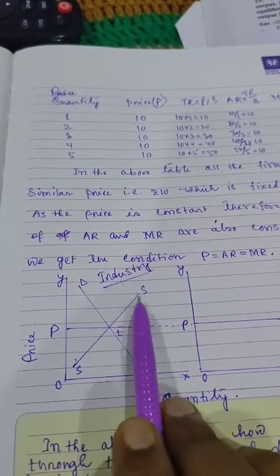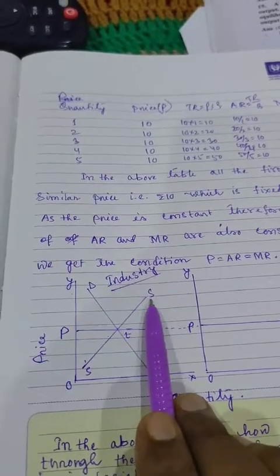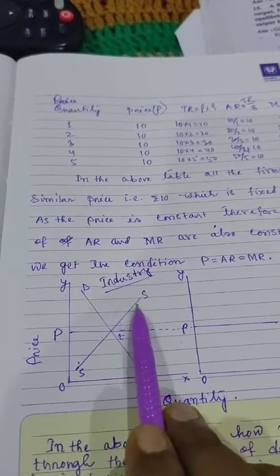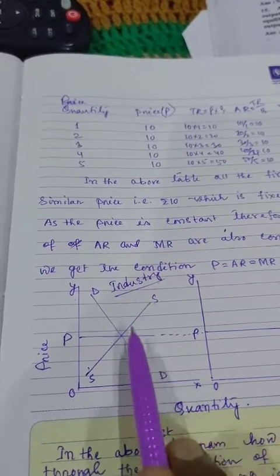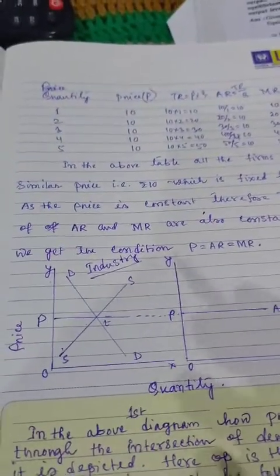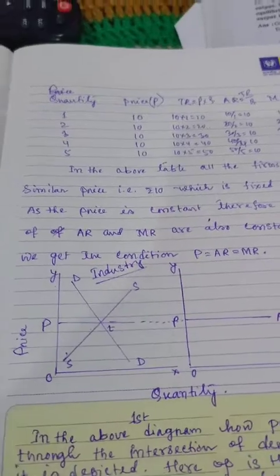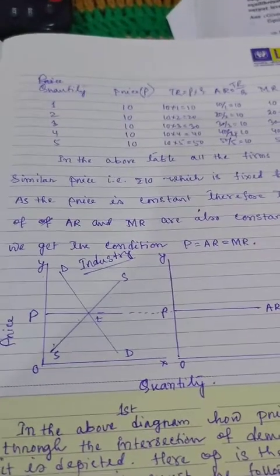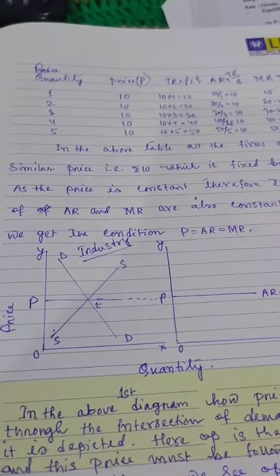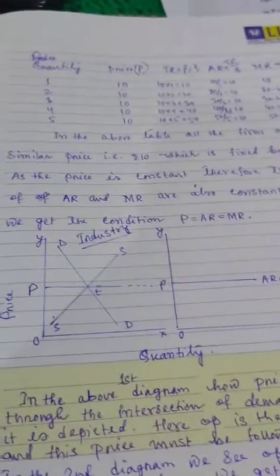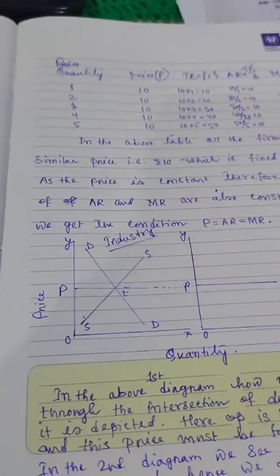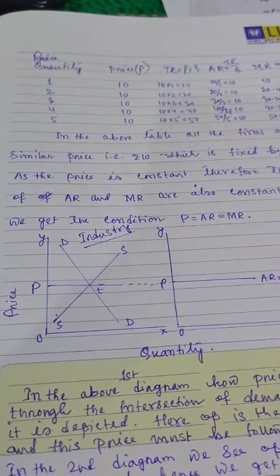accordingly with the equalization between demand for the commodity and supply of the commodity. When demand for the commodity and supply of the commodity are equal in the market, then the price of the commodity is fixed. So later we'll discuss the equilibrium condition and how the price of the commodity is fixed there. We'll discuss it in the next chapter, chapter number 10, in the same unit. So then it will be more clear there.